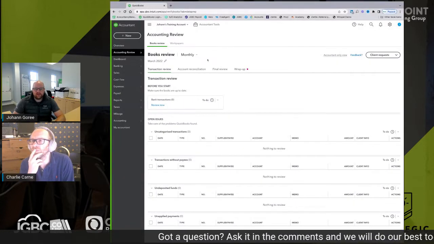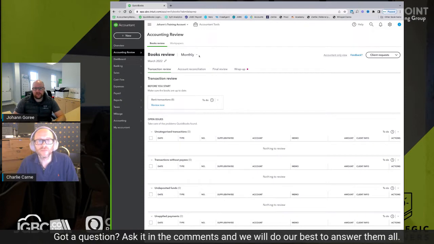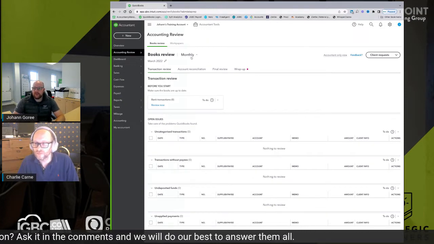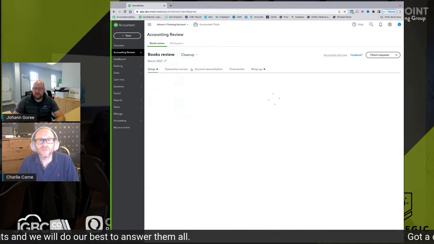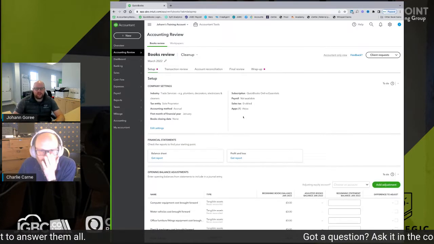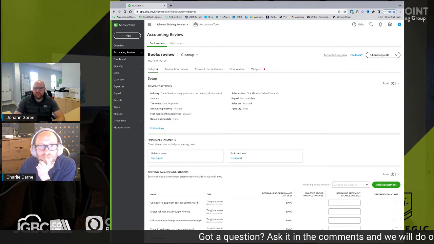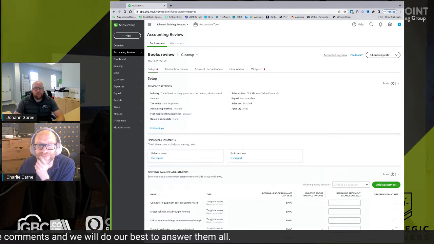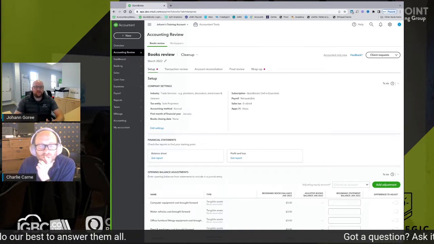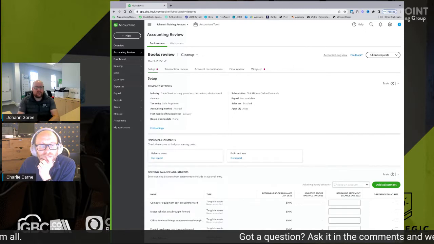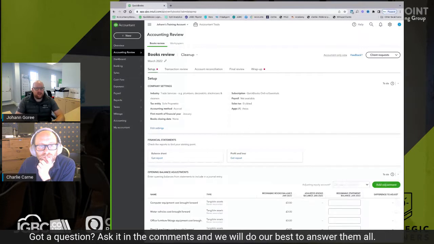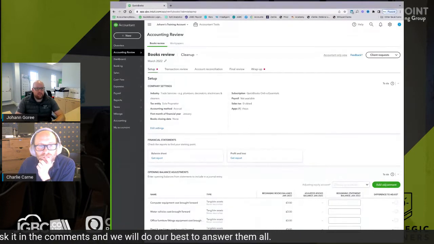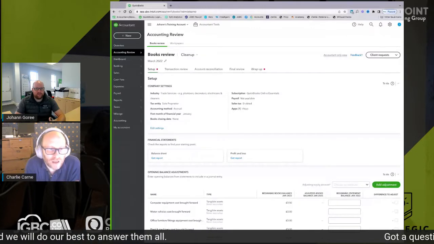But what we've now got, and I'm going to start with the newer part, is the cleanup feature, as they call it at QuickBooks. So what we do is we go across to where it says monthly, and we click on cleanup. The reason I want to start with this tool is because this is the start of the journey with our customer. For example, we've just onboarded 2 new customers this week who have been using QuickBooks, not very well, I might add. So one of our first jobs, once we've got our professional clearance and the accounts handed over to us from the previous accountant, is always to verify that the closing and opening balances on those accounts match QuickBooks, because we often